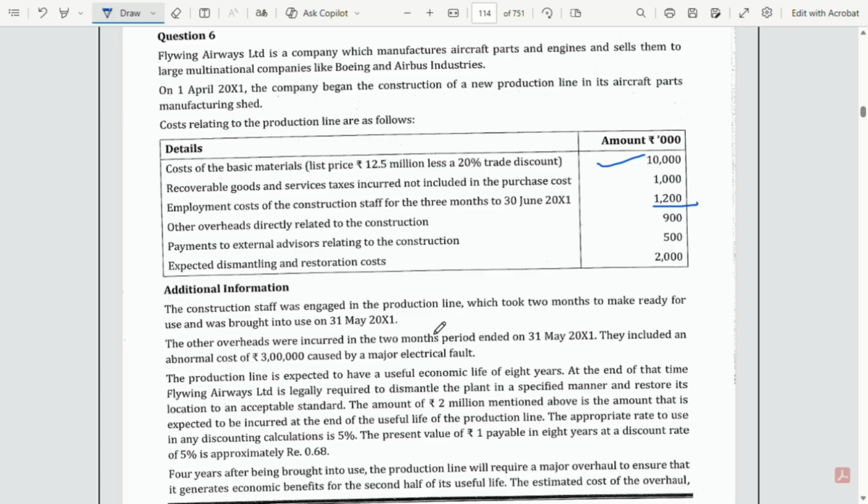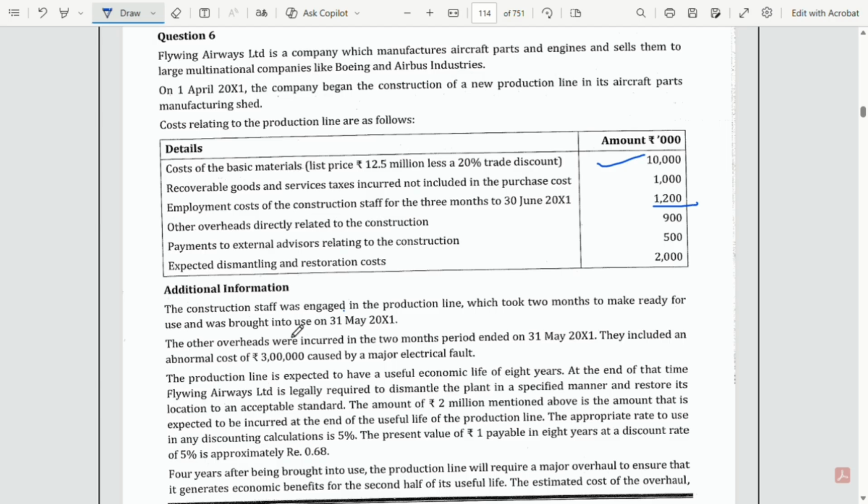So here there is a catch that construction staff were engaged only for the 2 months. But here the employment cost which is being given is for the 3 months. So we are going to divide this cost by 3 and multiply by 2. So we'll get 2 month employment cost. So 2 month employment cost will only be included in the cost. ठीक है।